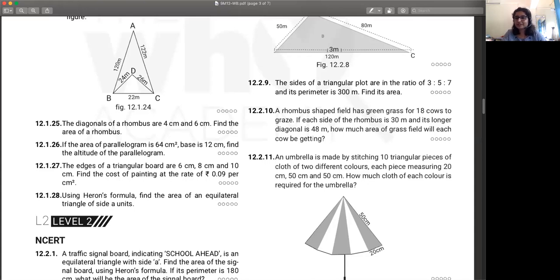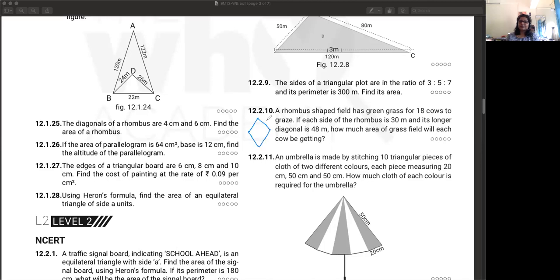Cool. Shivesh and Vansh have already sent their answer. Miss, but how do we know that there is a right angle in the rhombus? Because rhombus में right angle नहीं है. So rhombus का property है कि diagonals bisect at right angles to each other. So your right angle triangle is going to be this actually.